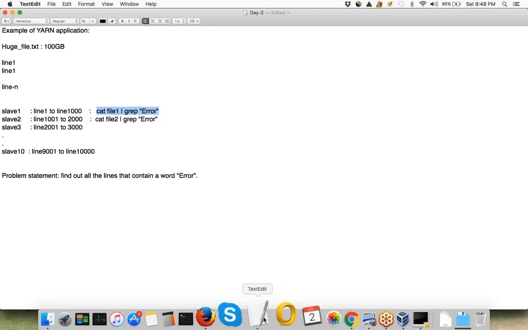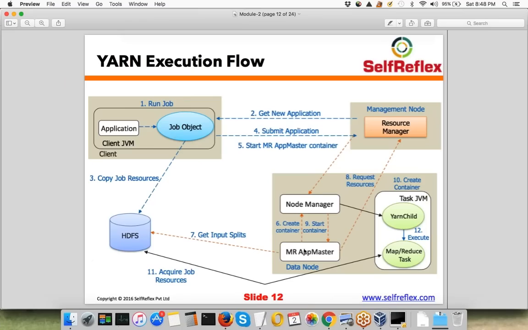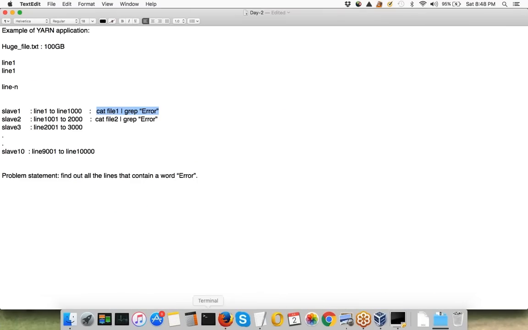Okay, so now your applications master will talk to resource manager again. Because I have just got the information from name node about whatever file I'm going to process. Let's say this is not 100 GB, that was just an example. So whatever its size, let's say this file has 10 blocks.